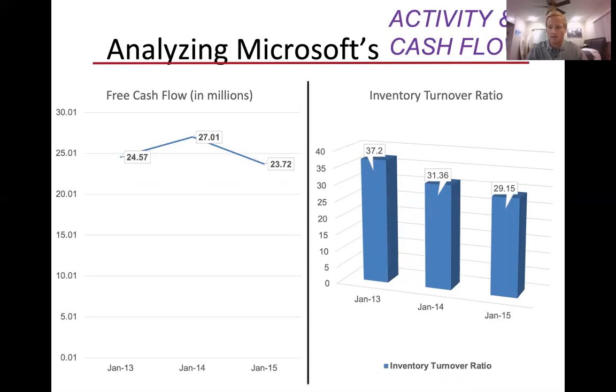On the right, we have inventory turnover ratio. We can see that rate has actually slowed down substantially. However, that is not a concern either, as this can be expected when a company is focused on major cultural change and essentially rebooting under Nadella. Nadella's main goal is to streamline processes, so we'd expect their inventory turnover ratio to increase in the coming years.